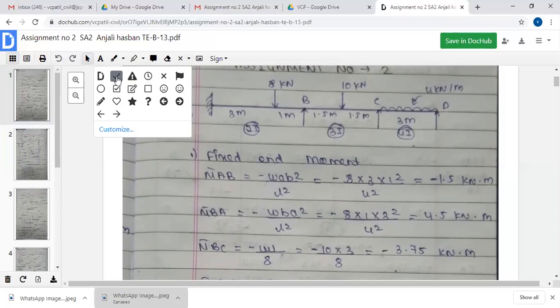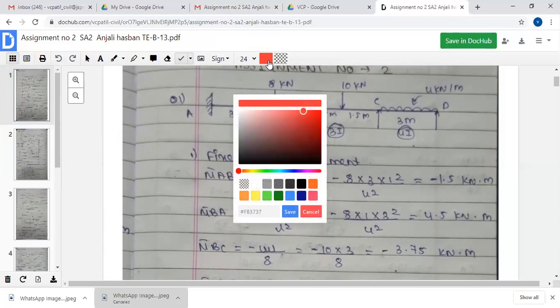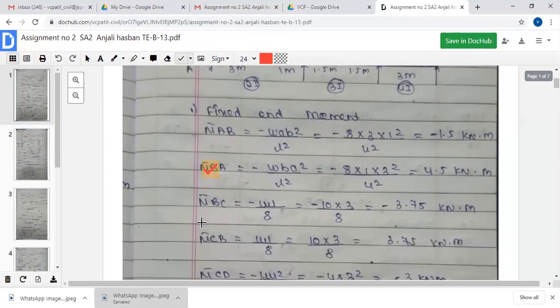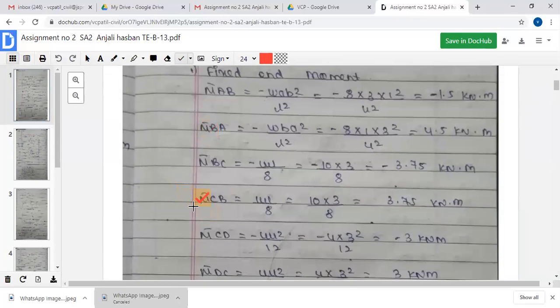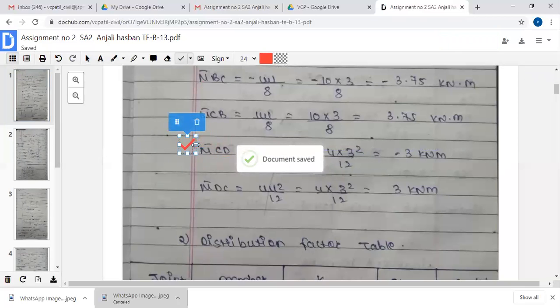We require only the wrong button, meaning this cross sign, and this correct sign. So you have to select this correct sign. For its color, there are different colors, so you have to select a color. As usual, we are selecting red color for checking. It will save. So if this page is to be assessed, you do the correct sign, and like this you can increase the size.